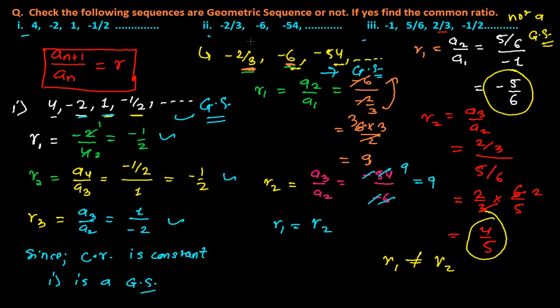It may be a harmonic sequence, a simple arithmetic sequence, or it may not be a sequence at all. So just confirm whether the succeeding term over the preceding term is always constant or not. The question also says, if yes, find the common ratio. Actually these are the common ratios we have found here: minus half is the common ratio of the first sequence, and here